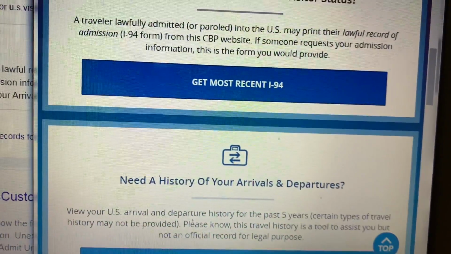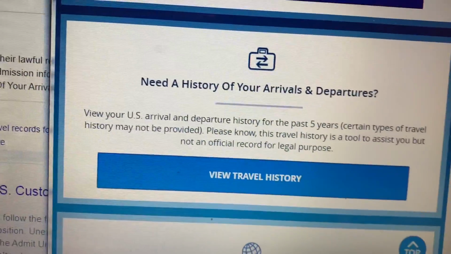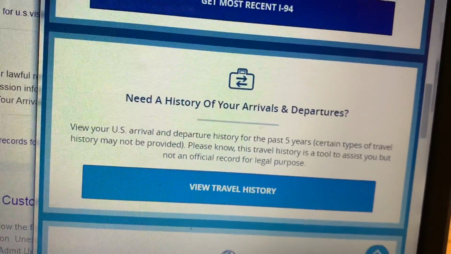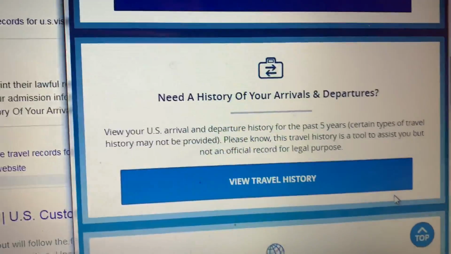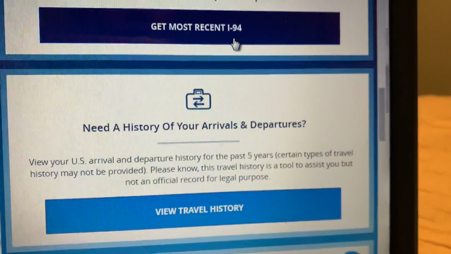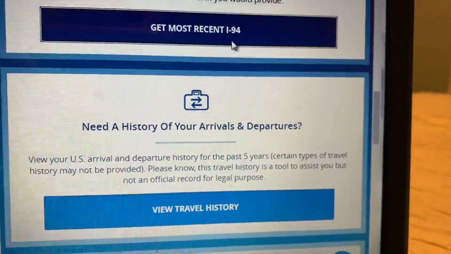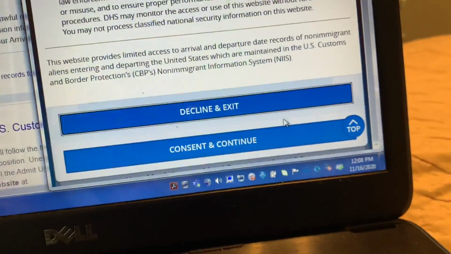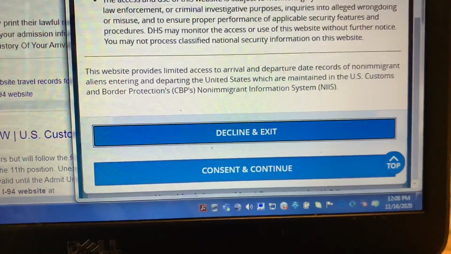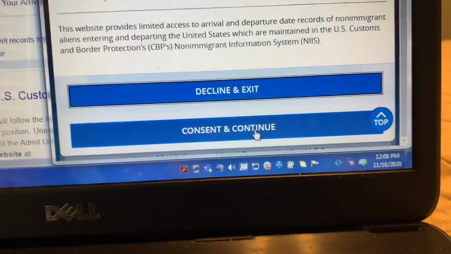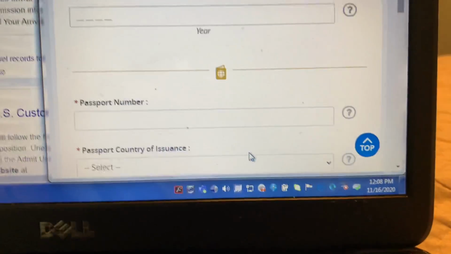Since you're going to check your travel history, you can check the get most recent option and then just click continue. If you want the history, you can just continue like that, consent.